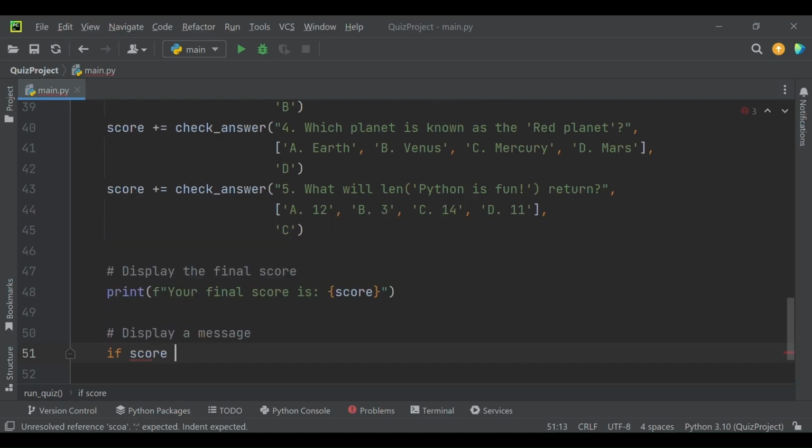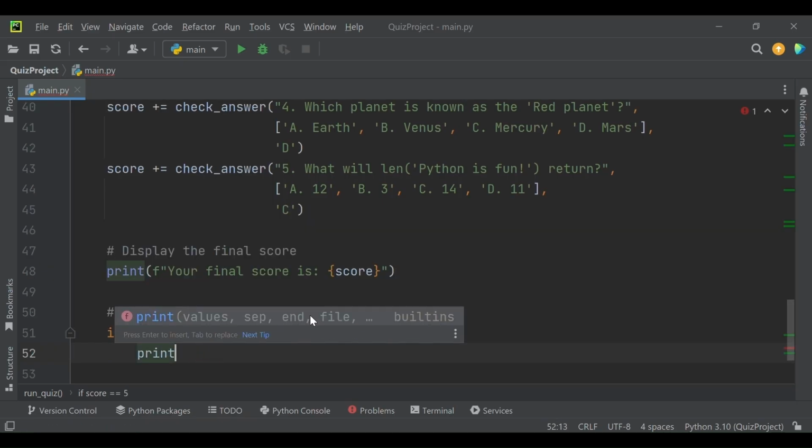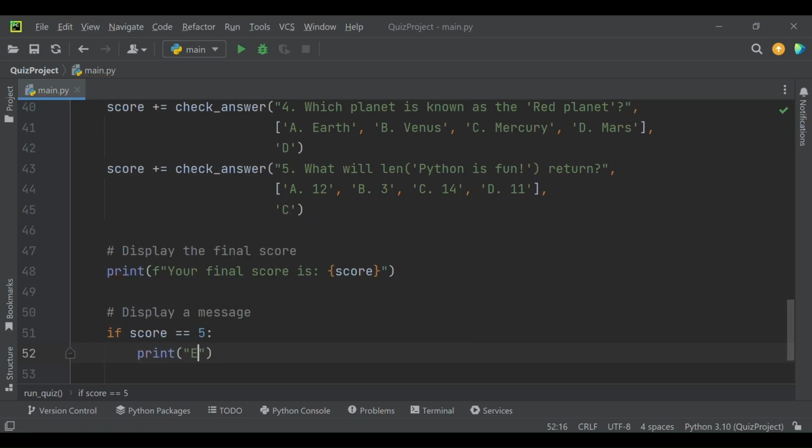So if score is equal to 5, then we will display here excellent, you got all correct.